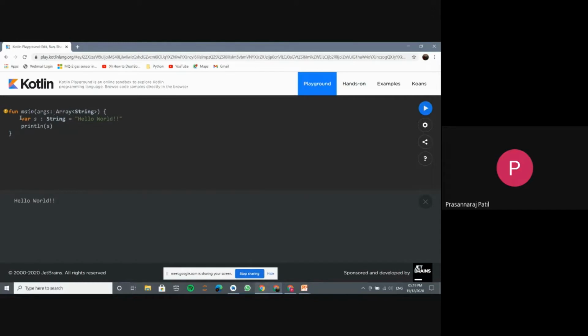So we will require a keyword var, then we will give a variable name, and which type of variable it is. Right now it is String, so I have mentioned it after a colon, that is, it is of type String, and what value is initialized to this variable, that is hello world. Now what if I want to create an integer, then I will need to add var